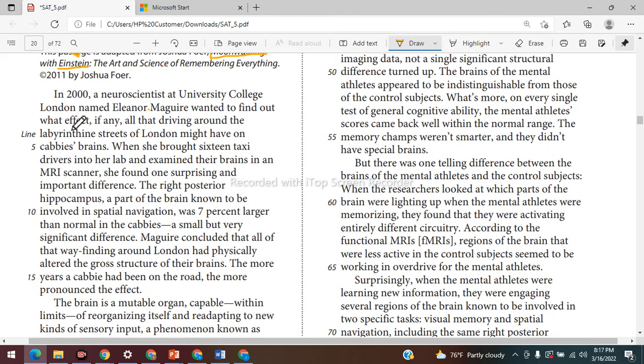Okay, let's go. So in 2000, a neuroscientist, I like this vocabulary word, at University College London, named Eleanor Maguire wanted to find out what effect, if any, driving around the labyrinth streets of London might have on cabbies' brains. When she brought 16 taxi drivers into a lab and examined their brains in an MRI scan, she found one